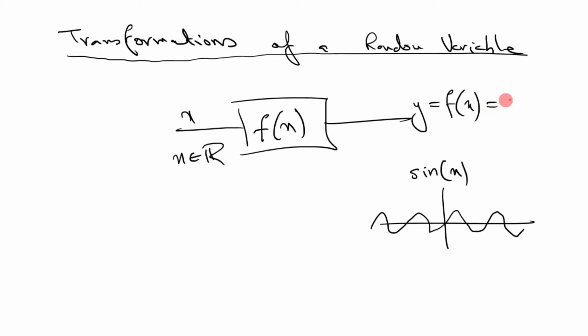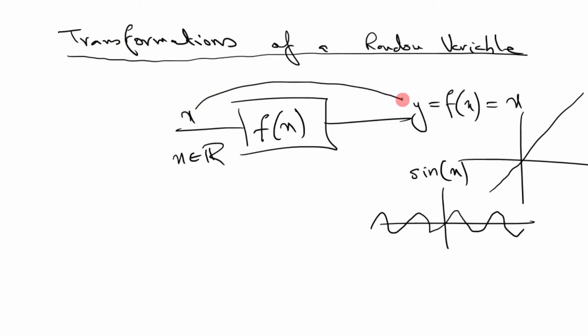Similarly, this function can be simply x. In that case, you have a line passing through the origin, and you have studied many functions throughout your academic life. You call this function a transformation which transforms your input to output. You also call it a mapping from your input to output. This y could also be real or complex, whereas this input can also be real or complex.